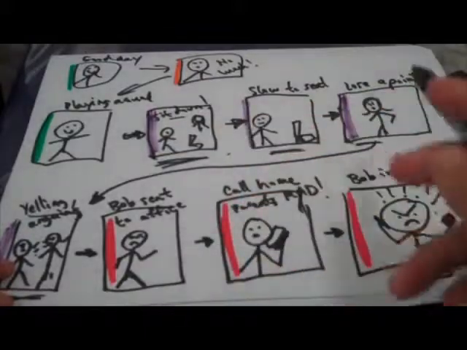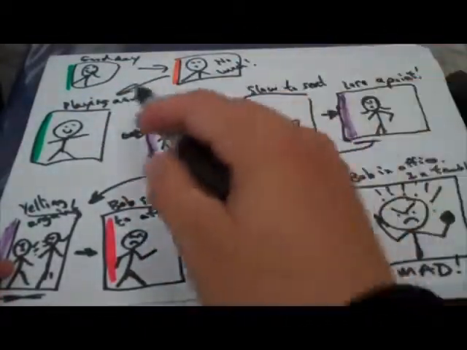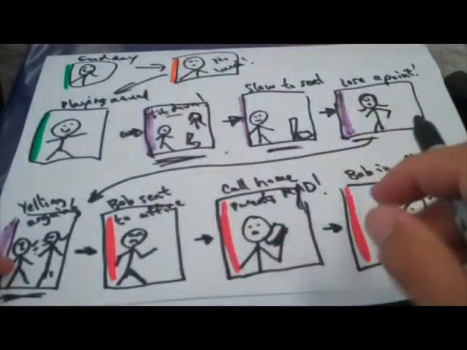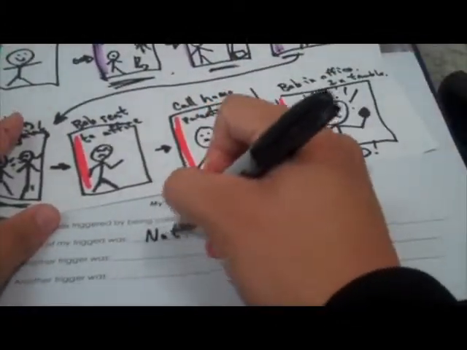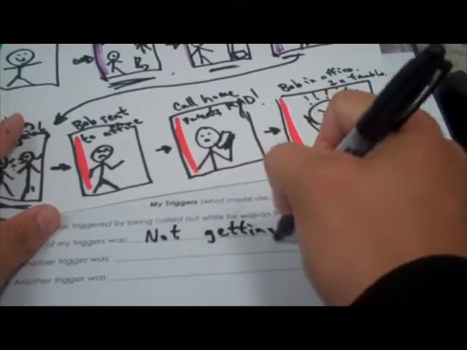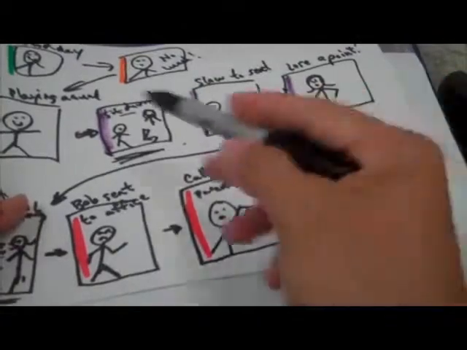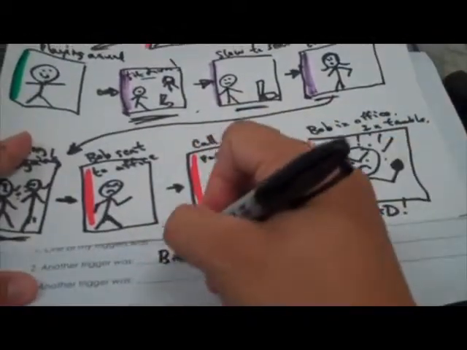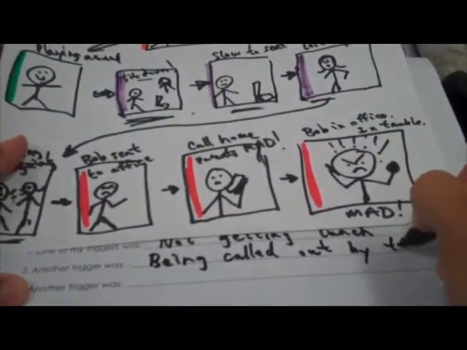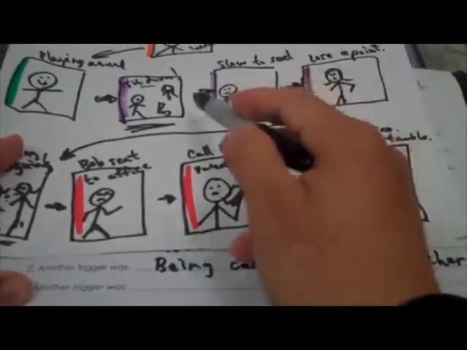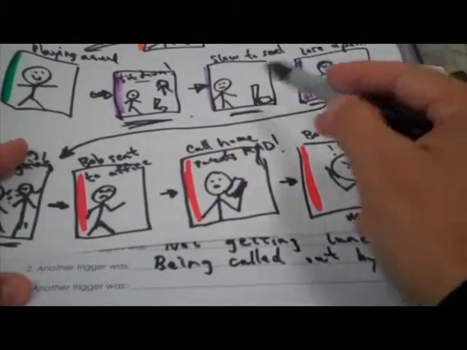Well, just wherever you went from purple to red, or sorry, changed to a lower color. In this case, he went from green to yellow here. So one trigger would be not getting lunch. Now it seems like that didn't really mess with him because he went green after that. But then he's told to sit down and he gets mad. So another trigger is being called out by the teacher. And then he's slow to his seat and he's purple, he loses a point, and this is where he